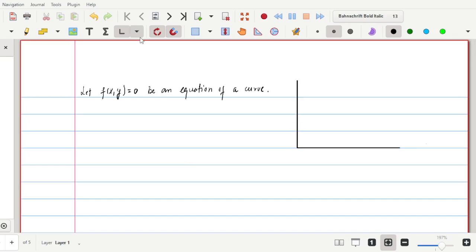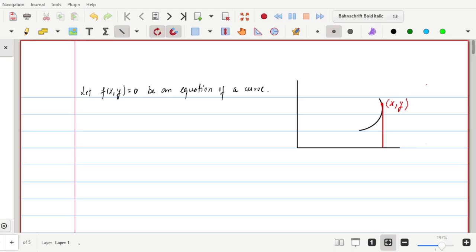Suppose this is our coordinate system and we draw one curve here, a curve in the xy plane. Then any point on this curve is represented by a coordinate (x, y). Suppose we have this point here, then its coordinates are given by (x, y). We know x is the distance of this point from the y-axis and y is the distance of this point from the x-axis. So if we draw a perpendicular from this point onto the x-axis, then this point,